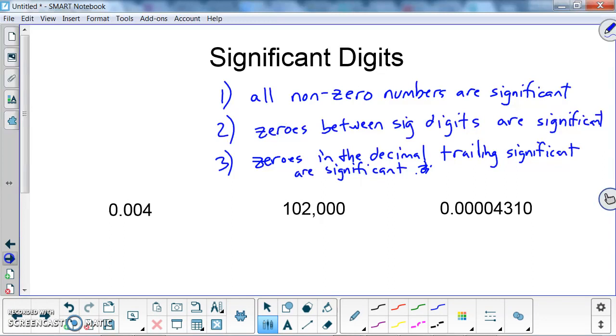So, that being said, the one here that we're going to look at first, 0.004, the only significant digit is 4. There is one significant digit here. Number 2,